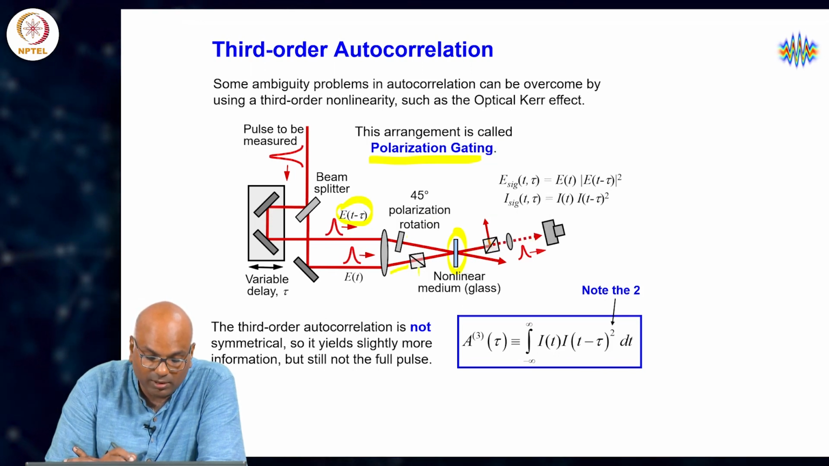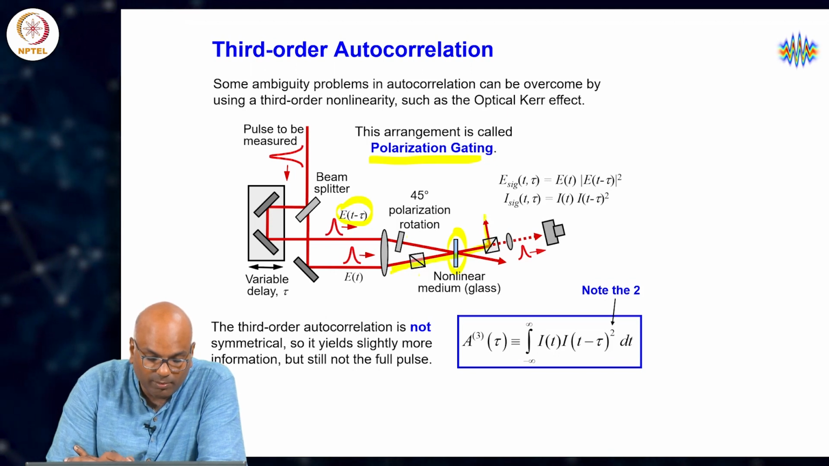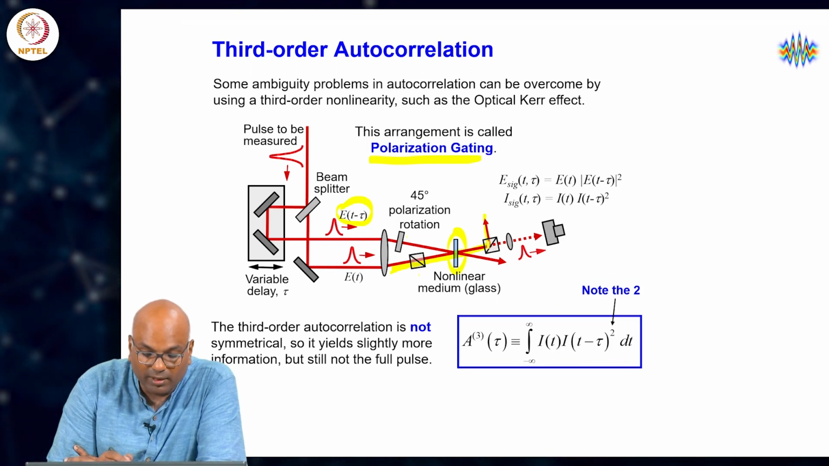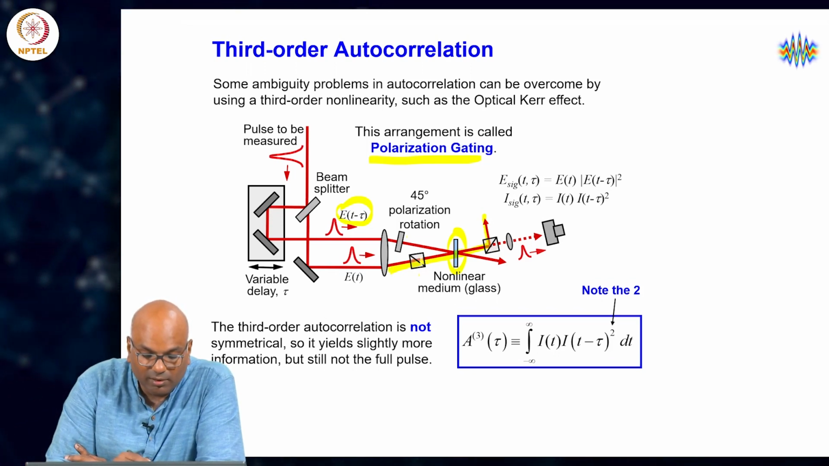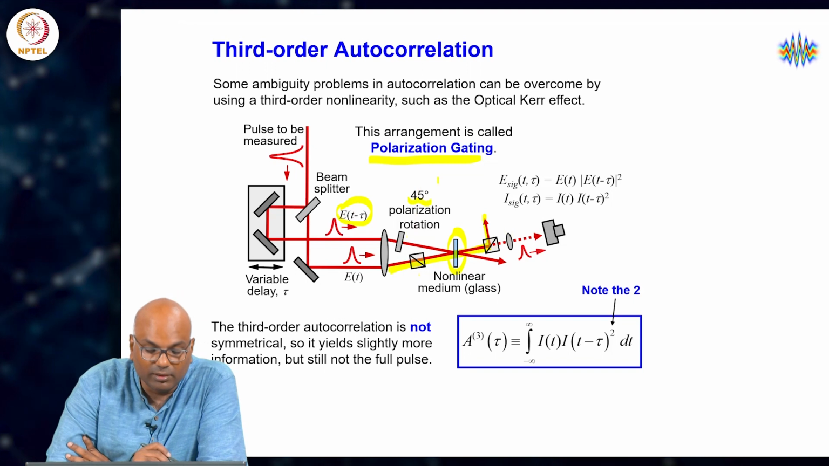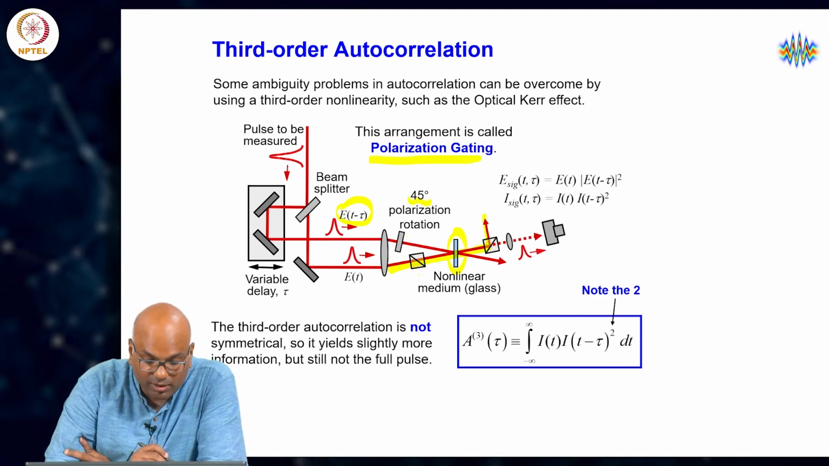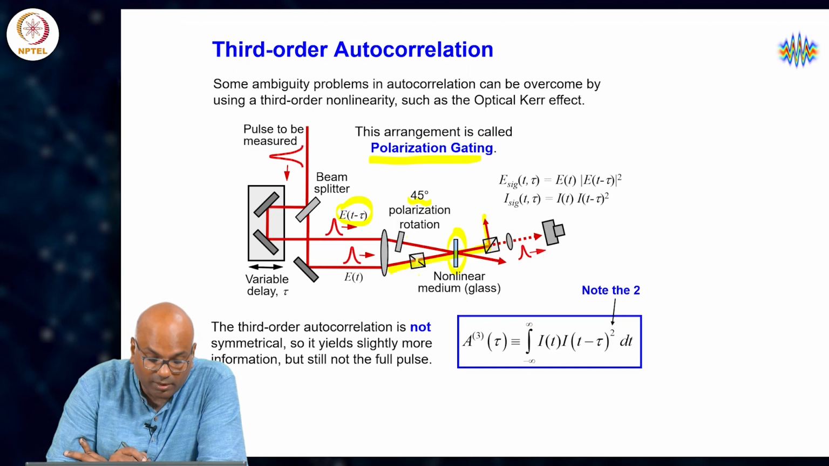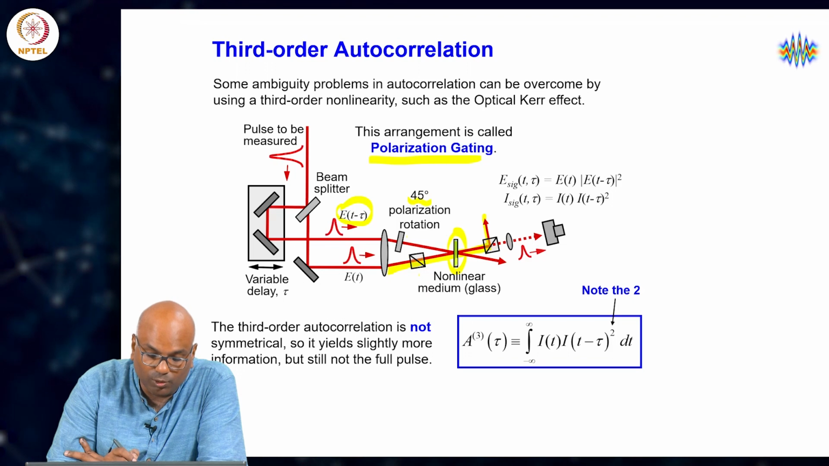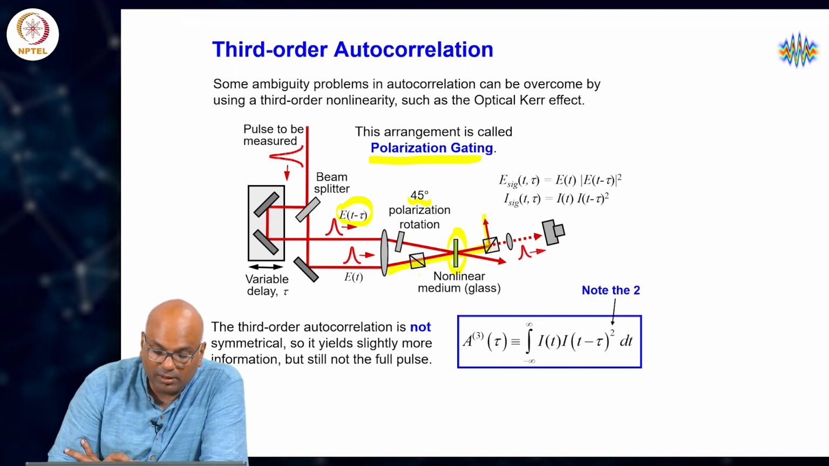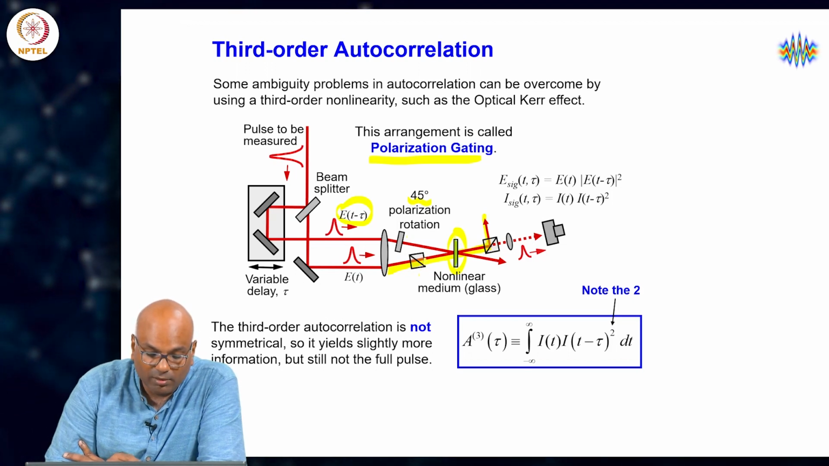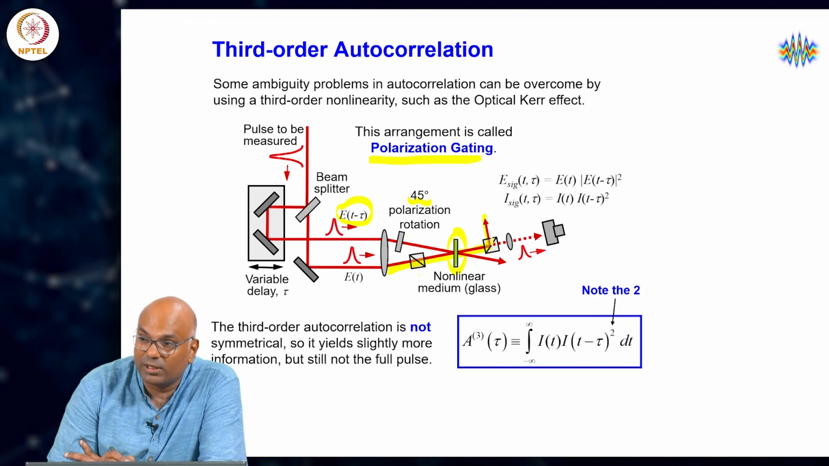kicked all this incoming vertically polarized beam out, owing to the fact that this polarizer is crossed with respect to the direction of polarization of this waveform of interest. On the other hand, in the presence of this gating beam at an angle 45 degrees to that of the test beam, which is E of t, interacting in the nonlinear medium, which is of course the crucial thing, the Kerr medium,